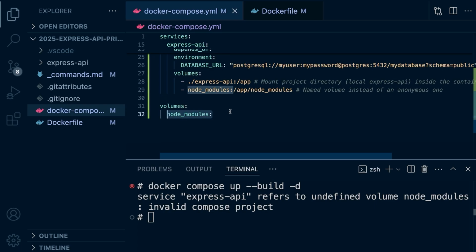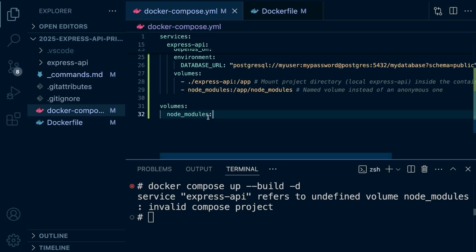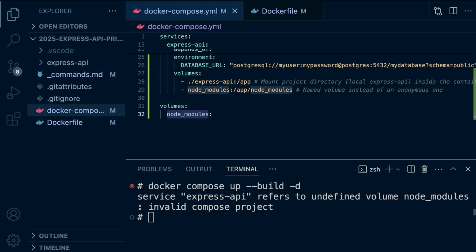specify node modules. So actually now we know that in actual fact, we're going to be using a node image because we are essentially building a Node.js project here. Now we know that this node modules folder in actual fact is a directory in a Node.js project that contains all of the installed dependencies or packages for your project. So what happens is that when we run